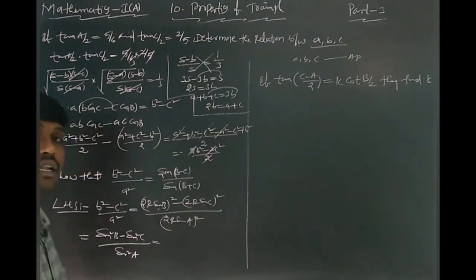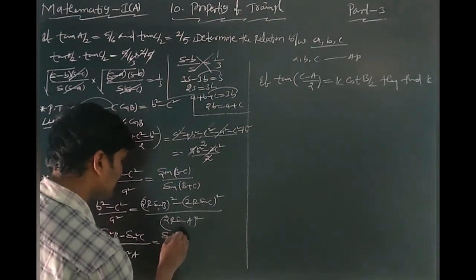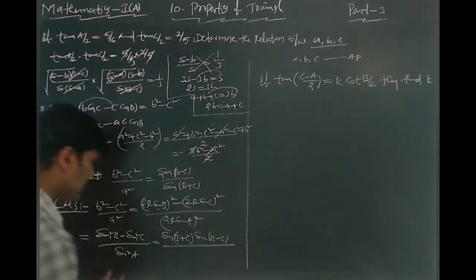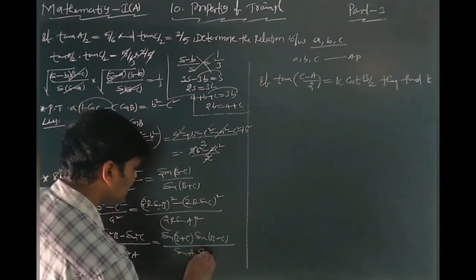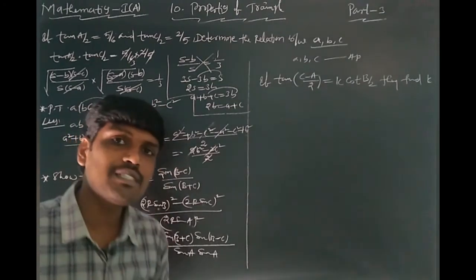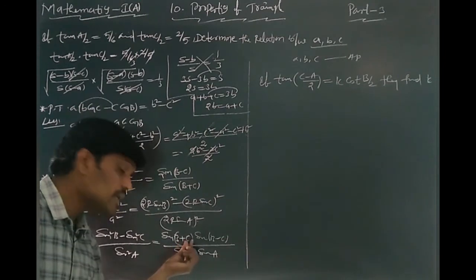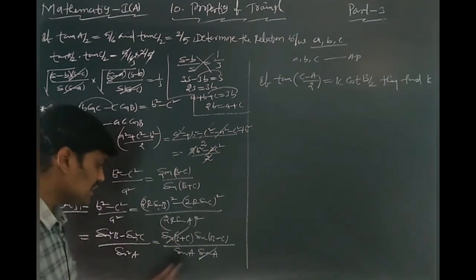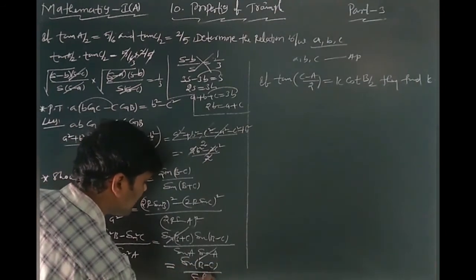Here sin square B minus sin square C, you can write, what is the formula? Sin of (B plus C) into sin of (B minus C), whole by sin square A. Sin square A you can write as sin A into sin A. Sin of (B plus C): A plus B plus C equal to how many degrees? 180. Then B plus C equal to 180 minus A, and sin of (180 minus A) is nothing but sin A. One sin A gets cancelled. This you can write as sin of (B minus C) by sin A.